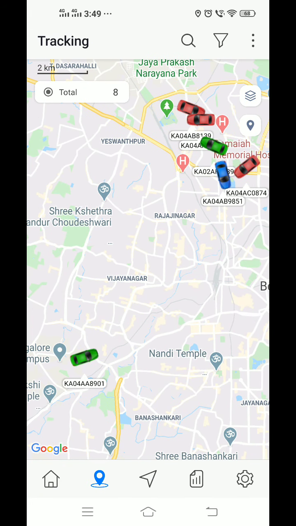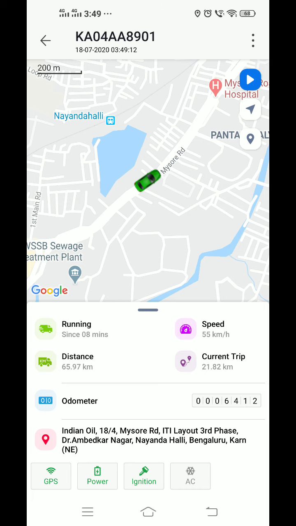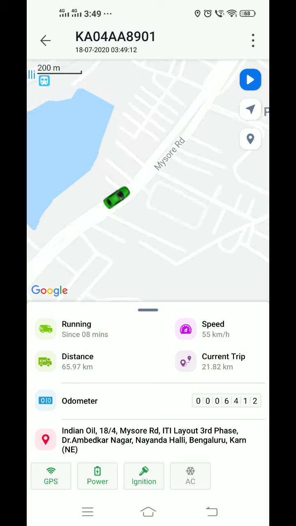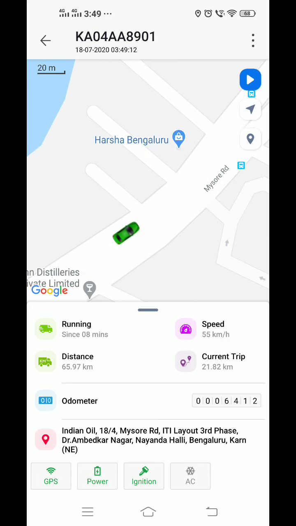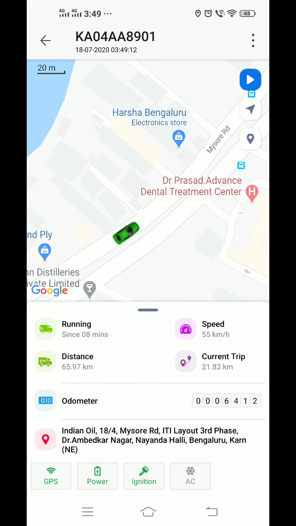So let me click on this particular vehicle which is running at 55 kilometer speed. Let us zoom in. So you can see the vehicle has been traveling.